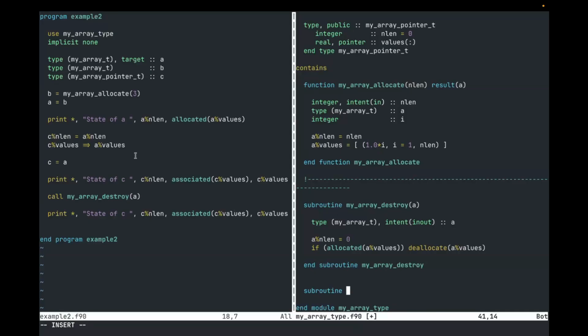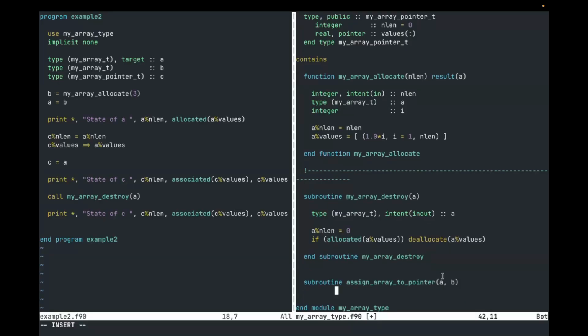So let's just quickly give it a name. Let's call it assign array to pointer. There's probably a better name that we could give it, but for the sake of it, let's just call it that. Subroutine assign array to pointer. Those are the 2 arguments, and these correspond to the left-hand side in A and the right-hand side in B. And these are both going to be of the type that we want to use for the assignment. So the left-hand side is a my array pointer t,